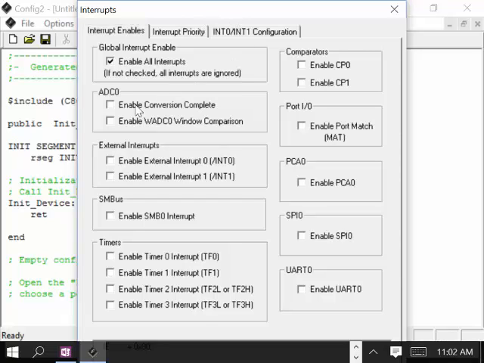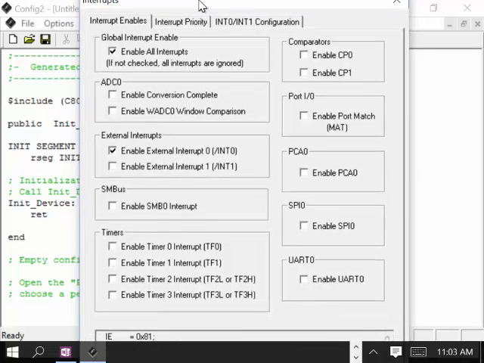So we can do ADC0, enable conversion complete, enable the window comparator for ADC0. We can enable external interrupt 0, which I'm going to enable there. We can enable interrupts for any of our 3 timers. We can enable a port match. We can enable our PCA, which is our programmable counter array. And these are our 2 serial ports that we can enable. So once we set those up right there,